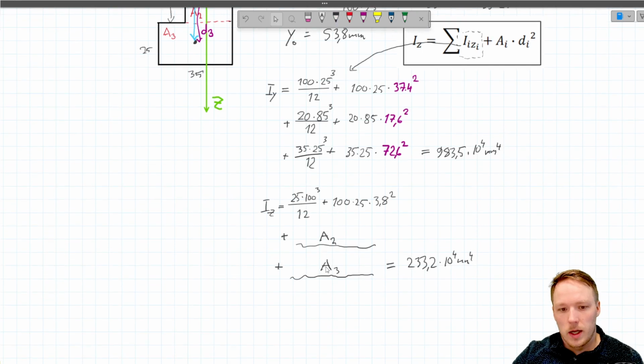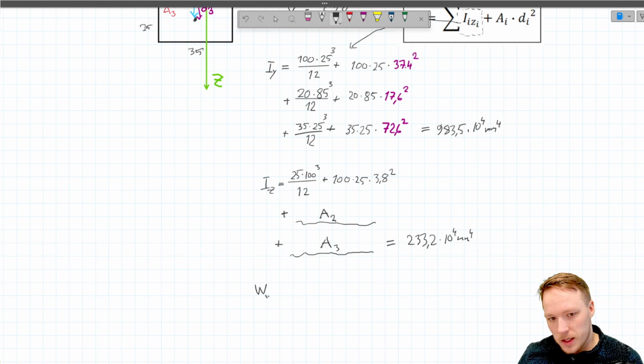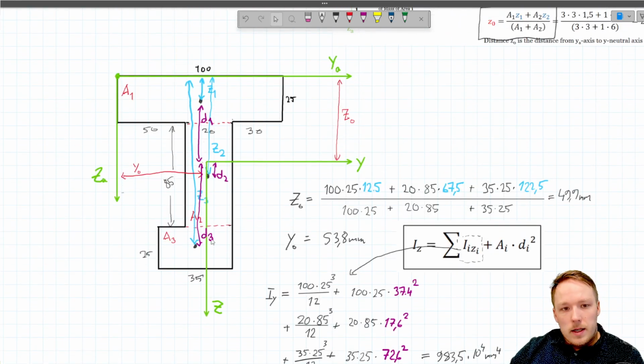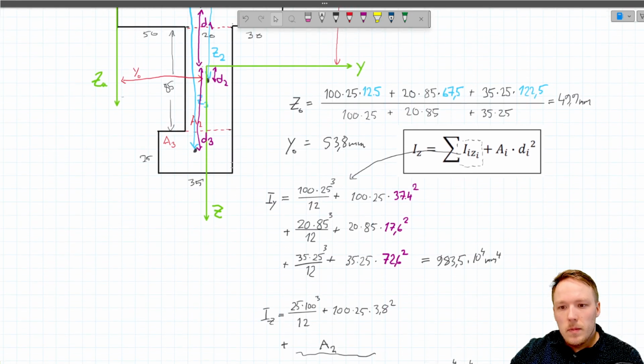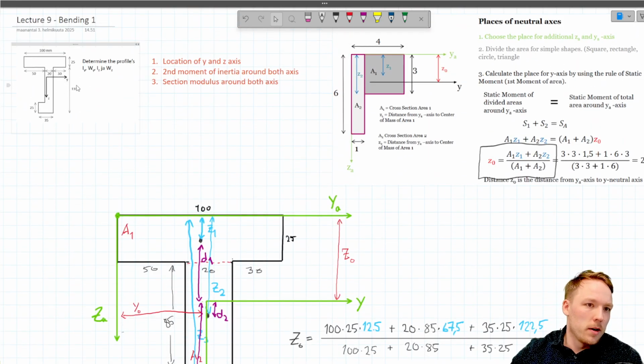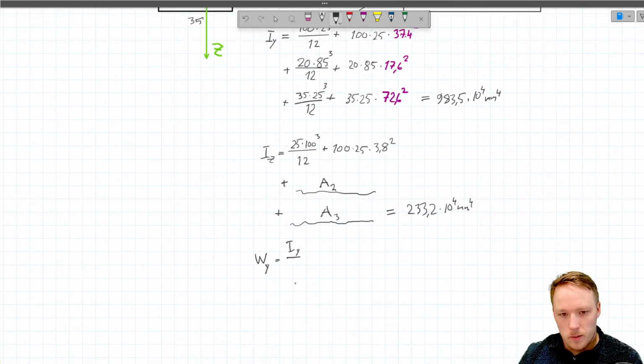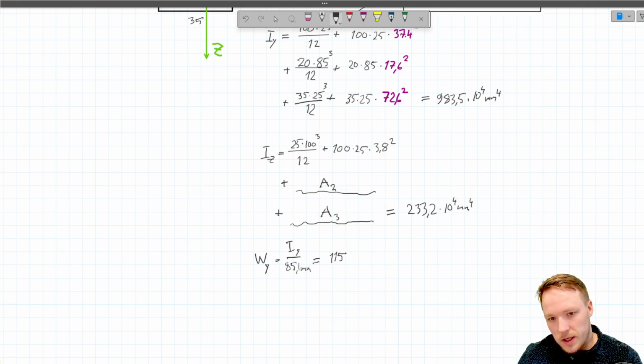And finally, if we want to calculate the Wy, section modulus around Y, that is I around Y divided by the maximum distance, and in this direction the maximum distance will be the total length of the profile, which is 135 minus 49.9, and that will mean it is 85.1, which equals 115.6 times 10 to power 3 millimeters power to 3,